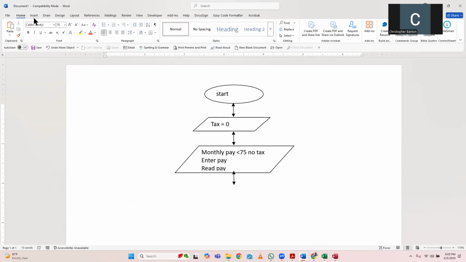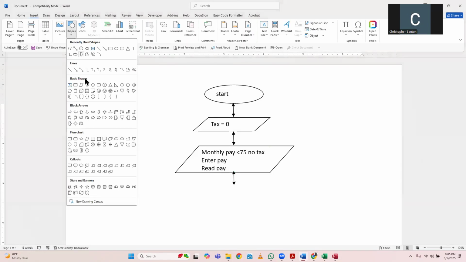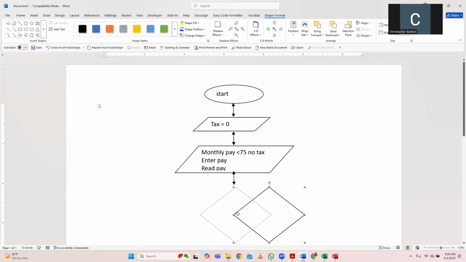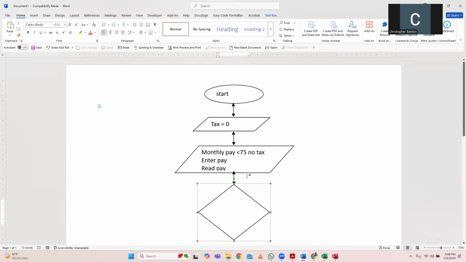And now we can use Insert, Shapes, the rhombus. Add text. So what does the rhombus do again? Really? You're asking me at this stage of the game? If